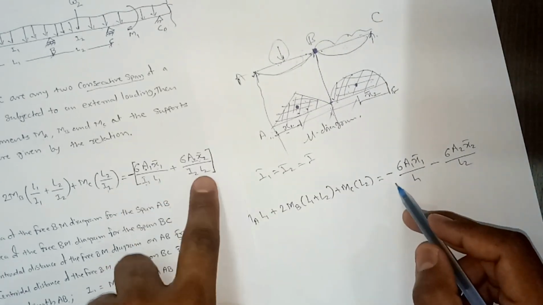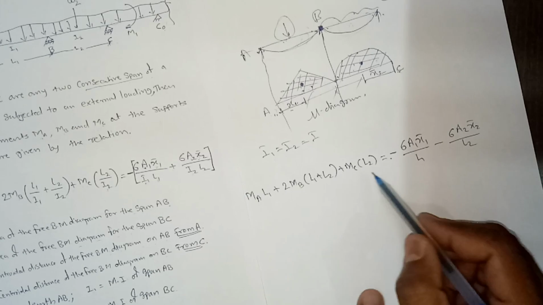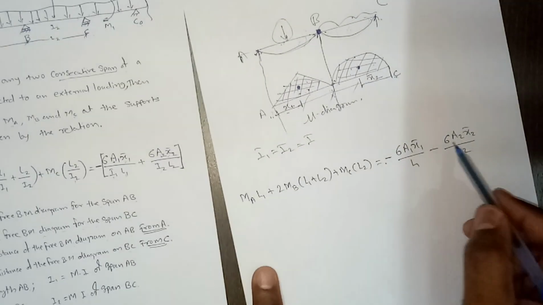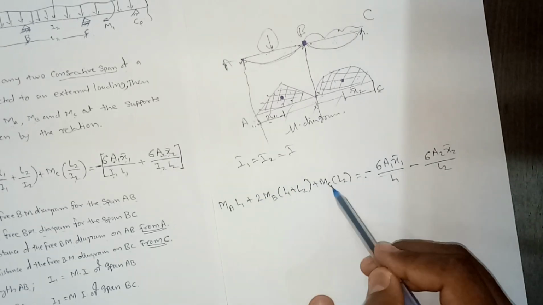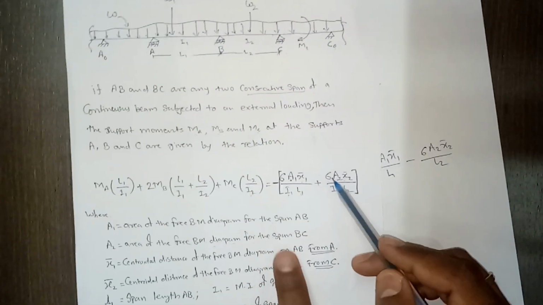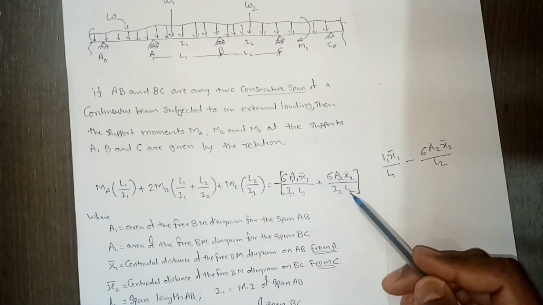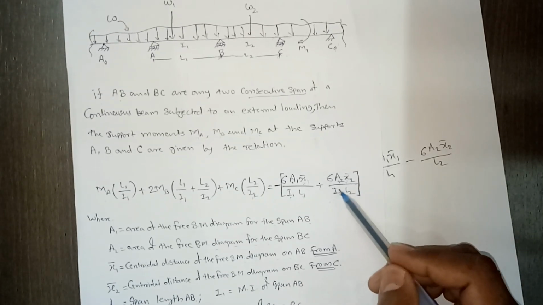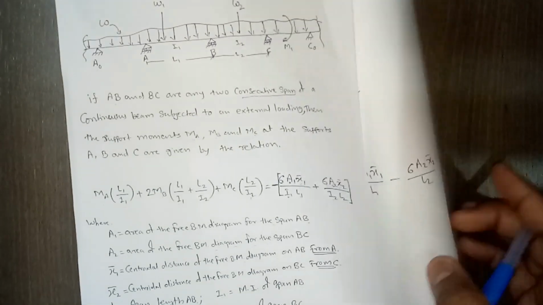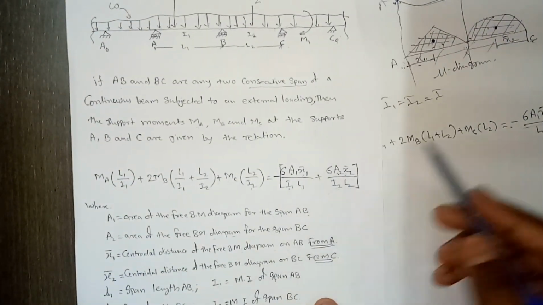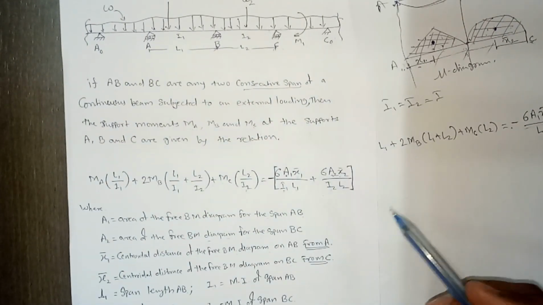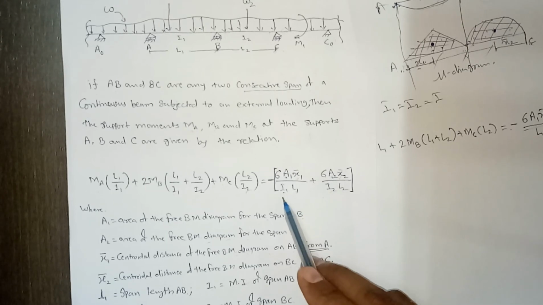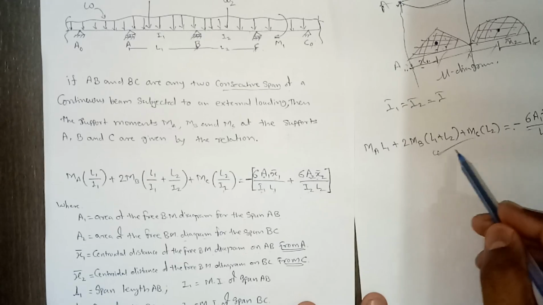I have just put the minus sign inside the bracket, and the equation is simplified like this. Many books directly write this equation instead of the full one, but this is the full equation, so try to remember it. If I is different, this is how you take care of it. Otherwise, if I is not given, you can assume that I is constant in both spans, cancel it, and use the simplified equation directly.